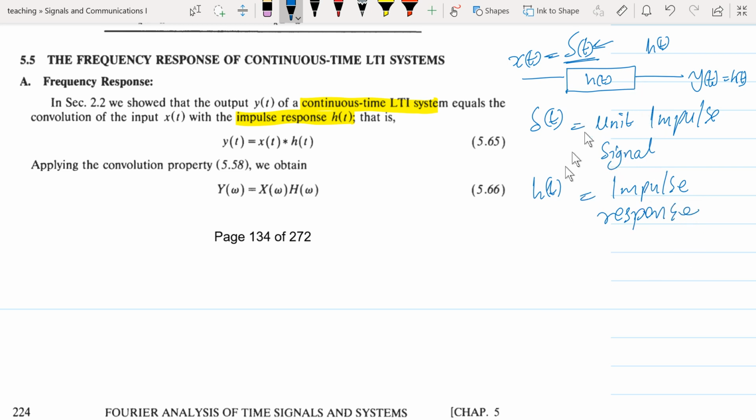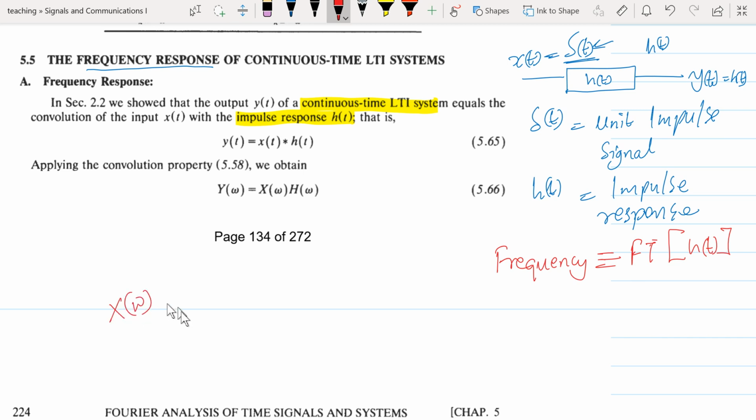Now we are going to use a similar concept and say that the frequency response is going to be borrowed directly from the same concept, whereby we describe the frequency response to be the Fourier transform of your impulse response h of t. And you are saying that if you have your signal in the frequency domain as x of omega, and you take it through a system that is defined by h of omega, then the output will be